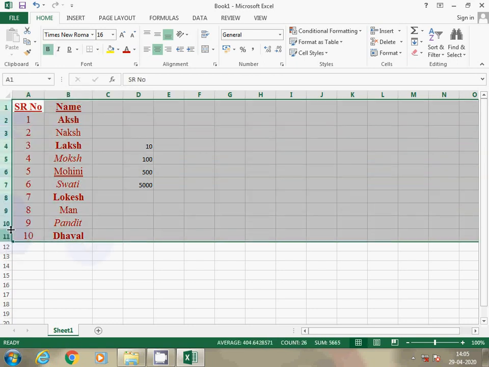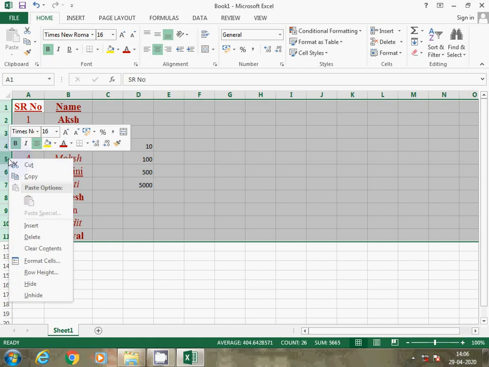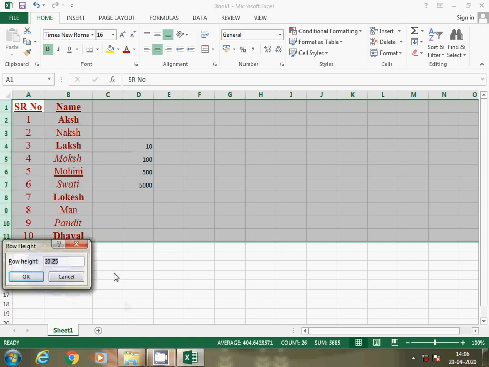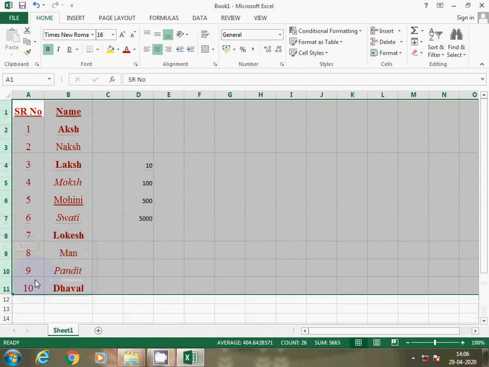Select all of your data, go to any row and then right click, click on row height option, enter the value. Suppose I want to apply 28, so your row height will be changed.